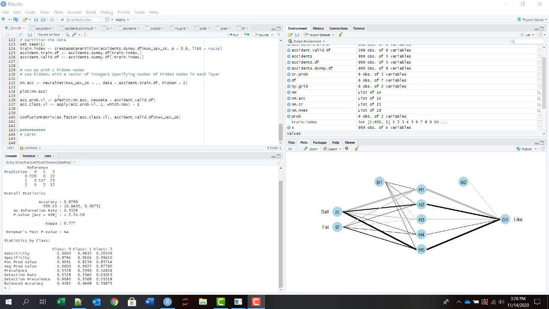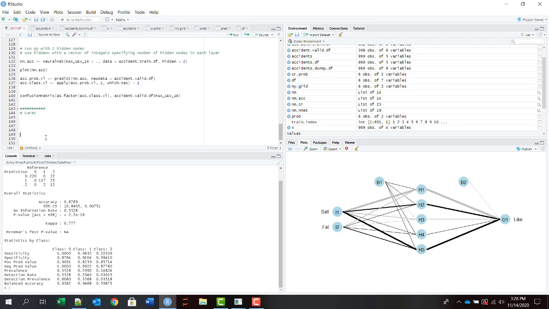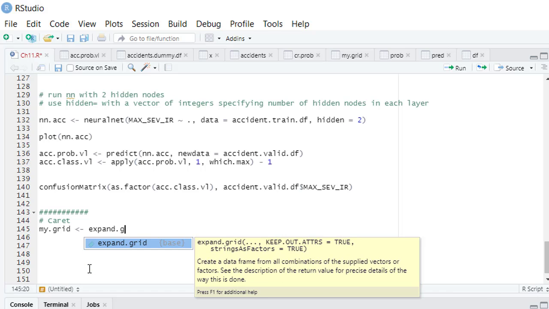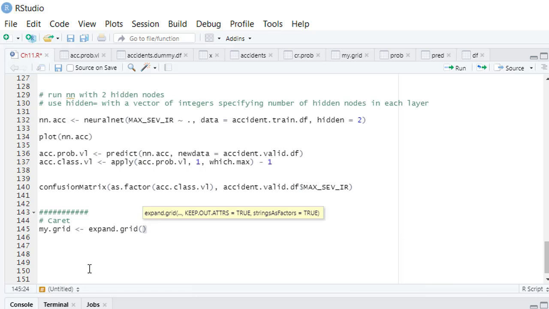Okay, now let's run the same data in caret with several tuning parameters. Okay, and then remember we need to use nnet because this is a classification problem. So the first thing to do is to set up our grid. So my grid, we need to use expand.grid, and we have